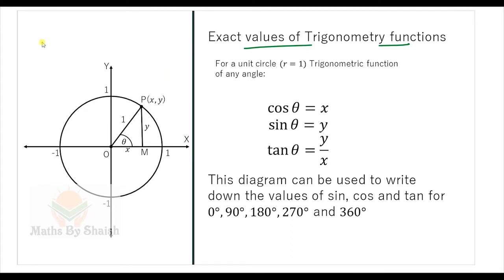In this part we will be discussing exact values of trigonometric functions. So far we have discussed sin, cos and tan for 0 degree, 30 degree, 45 degree specific values of angle. Now we can get the trigonometric ratio values for another few angles, the multiples of 90: 90 into 0 is 0, 90 into 1 is 90, and so on, or any other multiple of 90 degree.